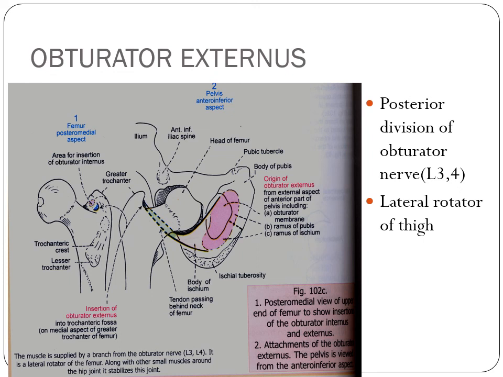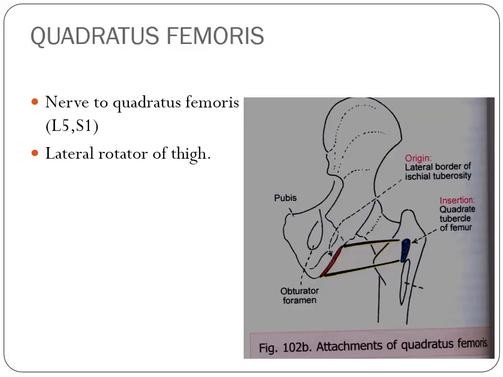The nerve supply of superior and inferior gemelli is different. Superior gemellus is supplied by the nerve to obturator internus. Inferior gemellus is supplied by the nerve to quadratus femoris, which conveys the fibers from the ventral rami of L4 and L5. So these are the two peculiarities of the superior and inferior gemelli. These are the two heads of the tricipital tendon. They act as lateral rotators of the hip joint. Both gemelli form a muscular groove anterior to the tendon of obturator internus, and minimize friction between the tendon of obturator internus and the external muscles.